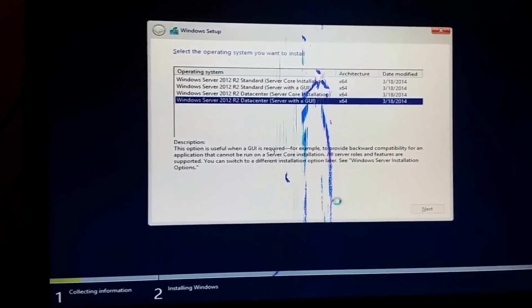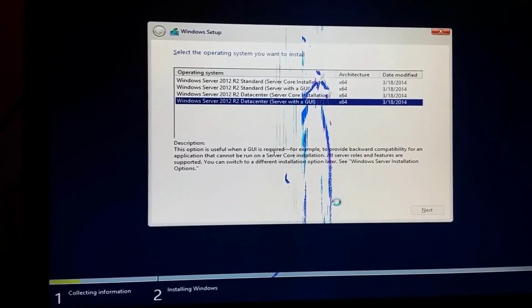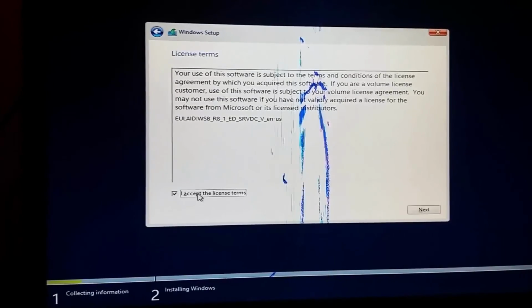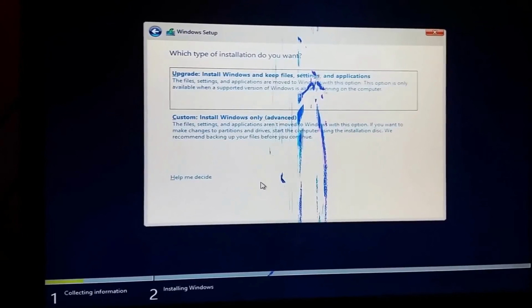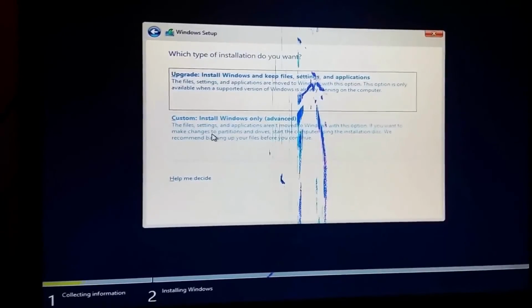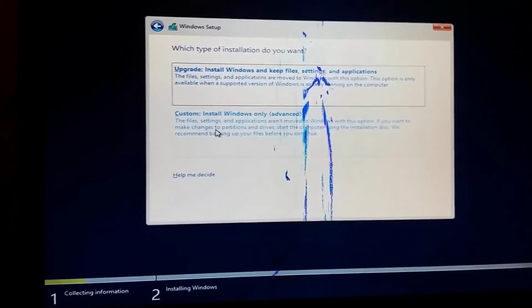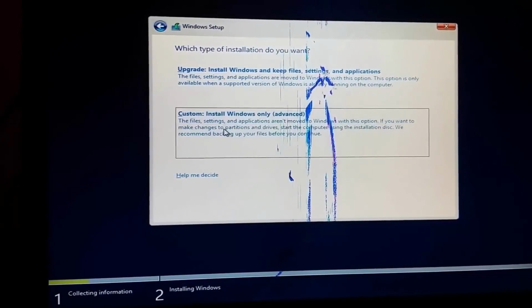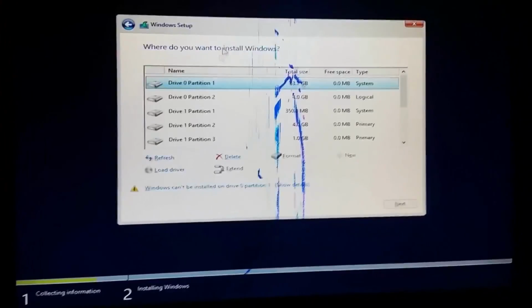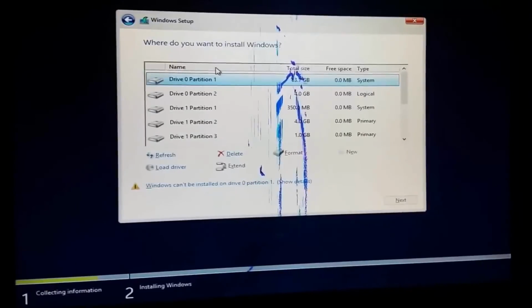So click next. And then you will accept the license terms. Click next. Here we will basically pick custom install, okay? Custom, and then you get partitions and everything. Now if you were to do this with a